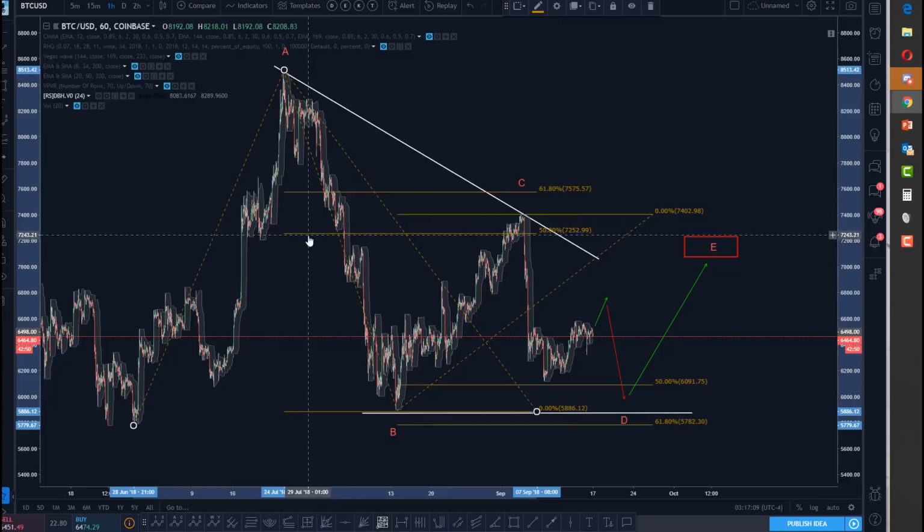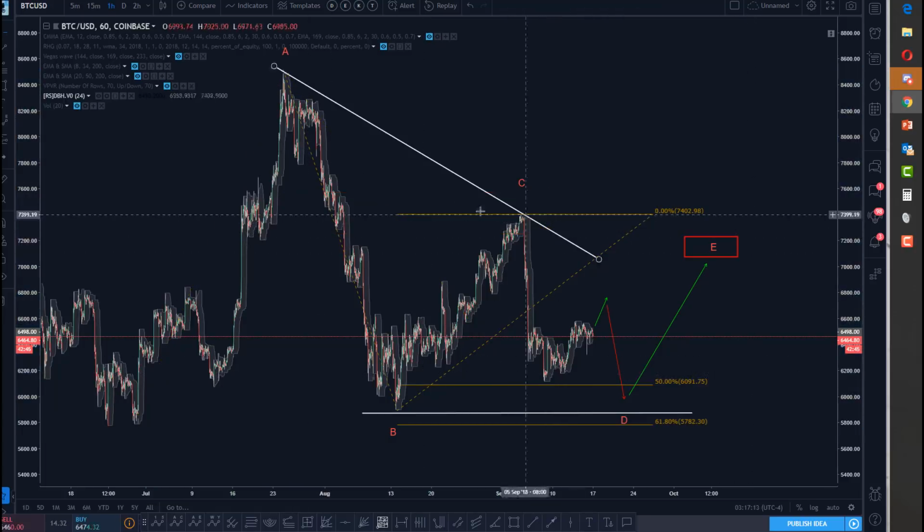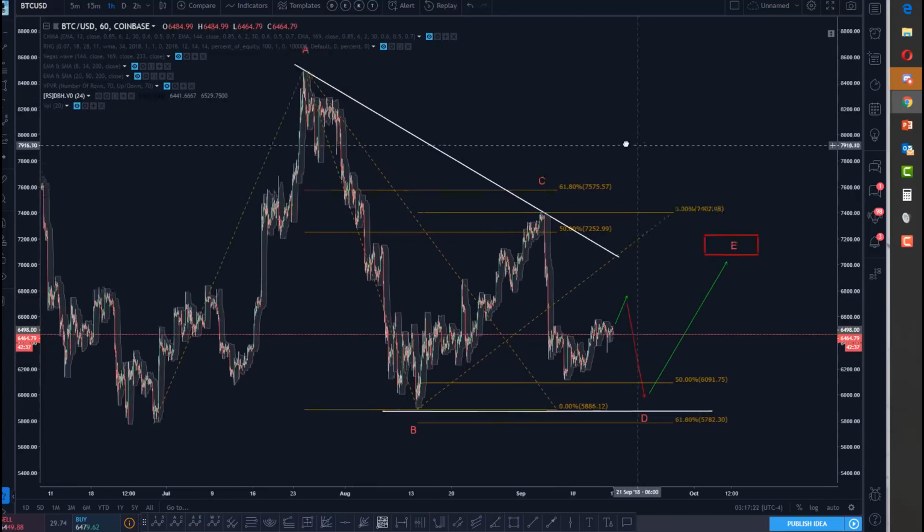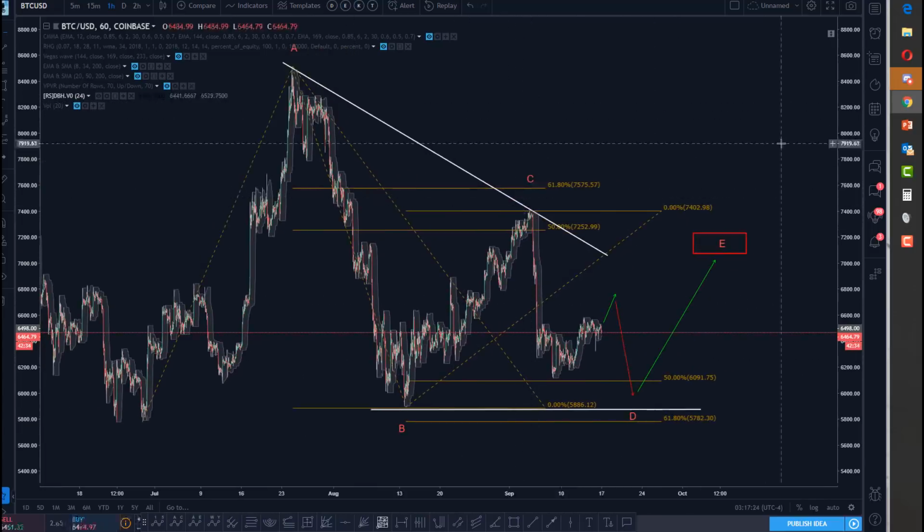Let me take it out so you can see. See this one right here, 50 to 618. See this measurement? That's the C relative to the A, which is textbook, off by not that much.